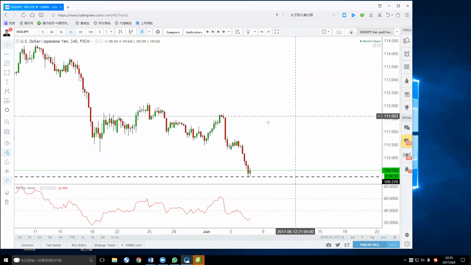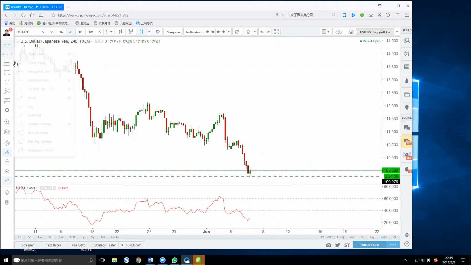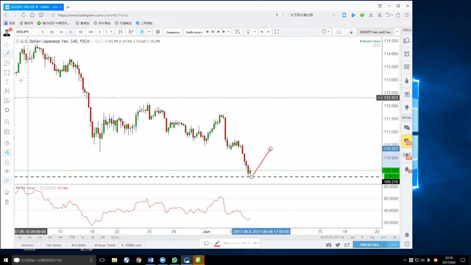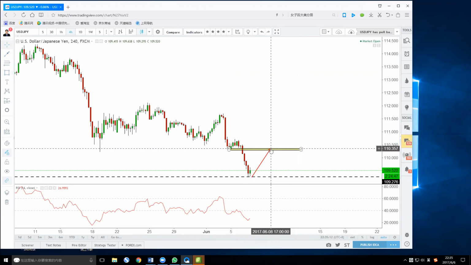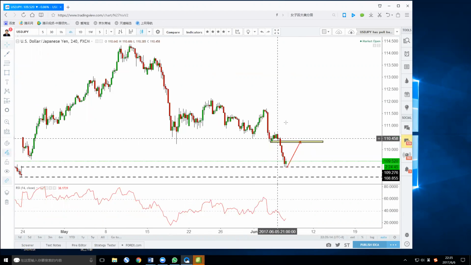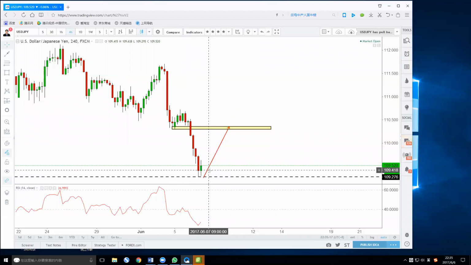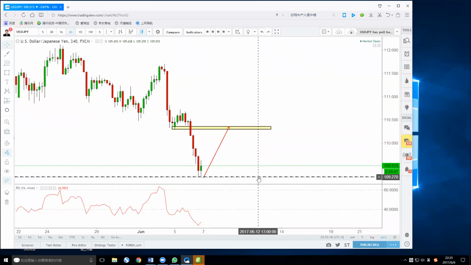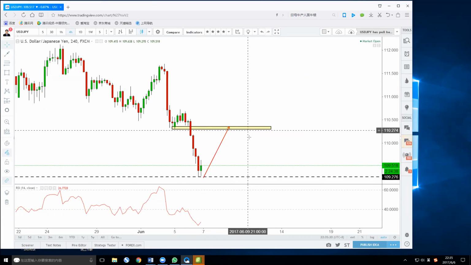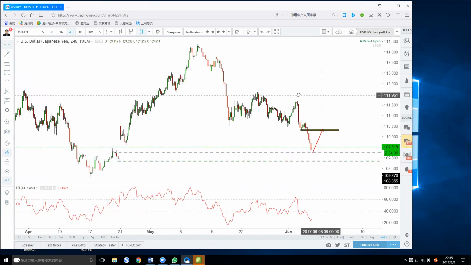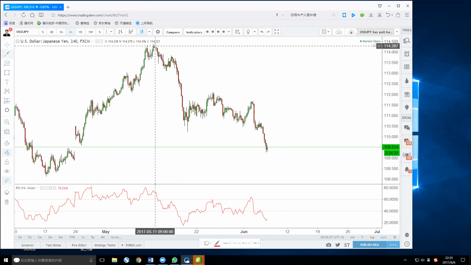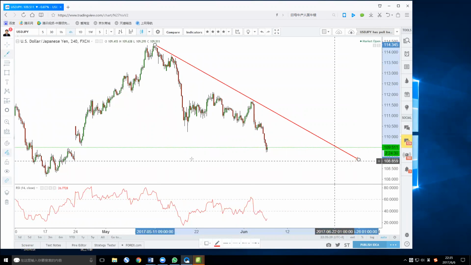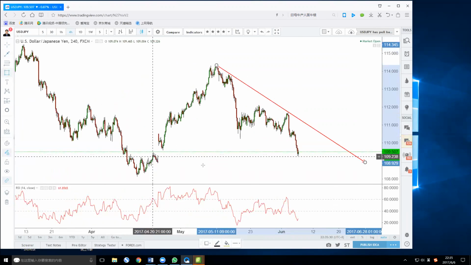Of course, the best way for the dollar yen trade is actually to wait for the pullback to 110.35 and short. So wait for the price to come here and short. Okay, that will be the best idea, because this level is a broken structure. Pullback and short, you may have another 100 pips. Alternatively, you can wait for the downtrend to be finished, but that will take a long time.